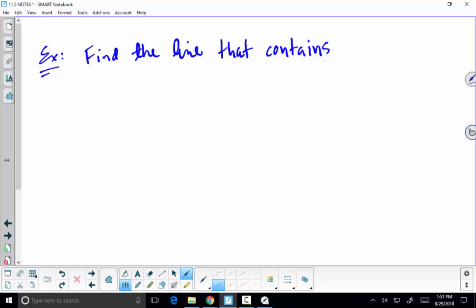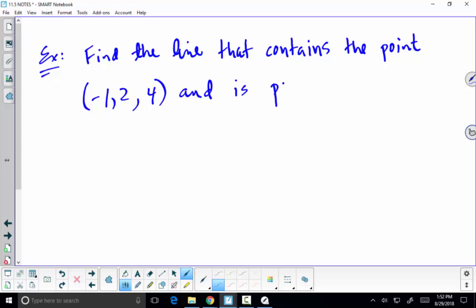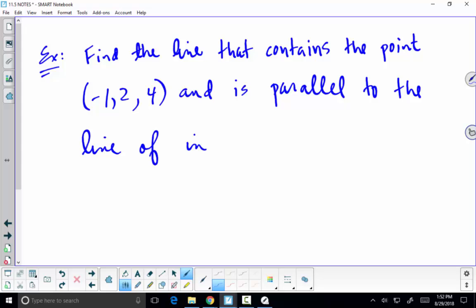So find the line that contains the point -1, 2, 4, and is parallel to the line of intersection to the planes